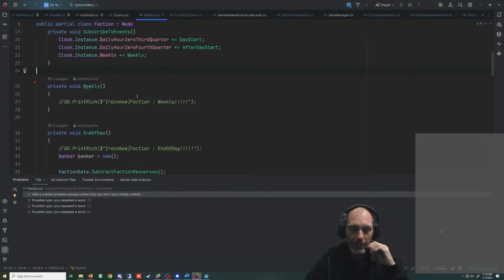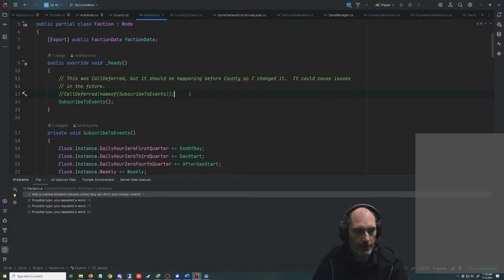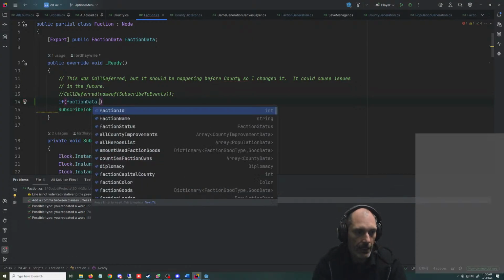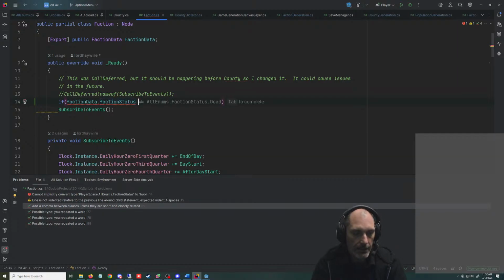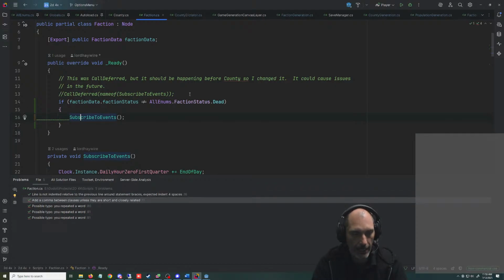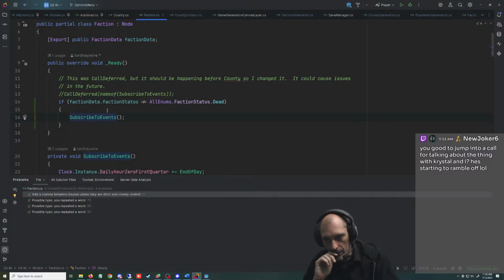So what we'll do is if it's a dead node, we'll have to unsubscribe. This is going to be a problem in the future because when we load the game, let's pre-plan this. If faction data dot faction status is not equal to dead, then subscribe to events. Right now everything's always alive when they start. But what we can do,